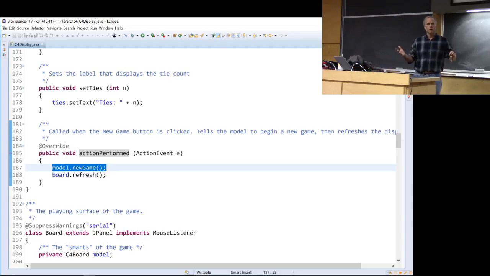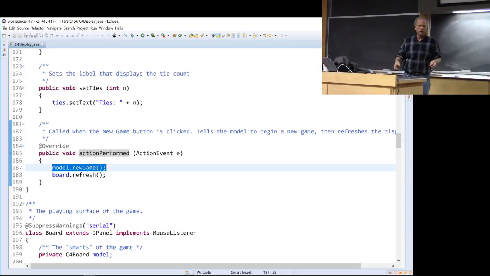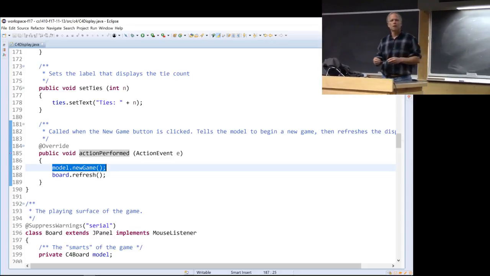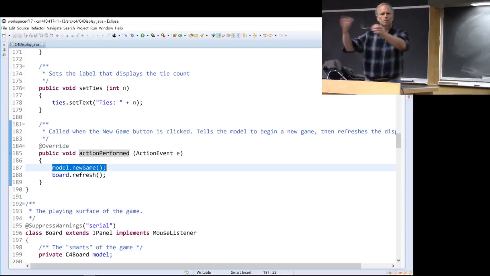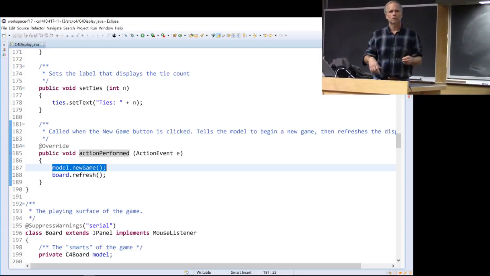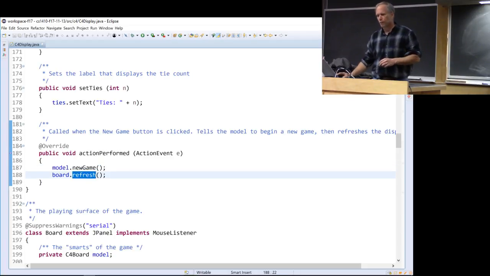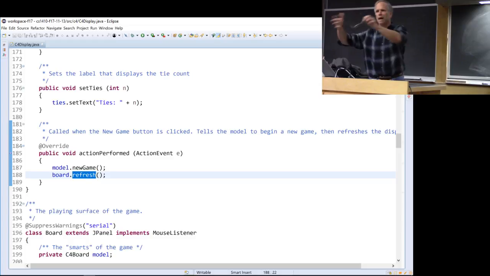Internally, it will say, okay, I remove all the marks from the board. It's keeping track of where things have been placed. It'll clear the number of moves that have been made, and various other things. By itself, the board doesn't know anything about the view, right? You implemented the board, did it make any GUI calls? No. So it's this refresh method right here that now goes out and asks the board,